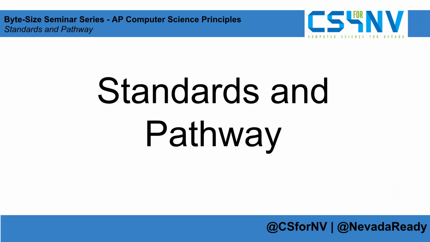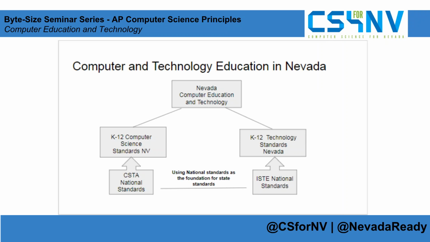All right, so standards and pathway. Many of you have probably seen this graph before because I use it quite often to render some understanding of what the terminology of the bill is versus what we actually are using out in the field. So the bill refers to computer education and technology. And what that is, it's like a tree, two branches. One branch is our technology standards that we've had in place since 2010. And then the other branch was our new K-12 computer science standards that were written and put through legislation, into regulation,